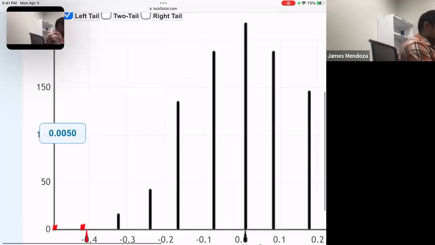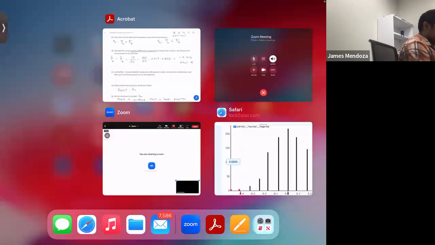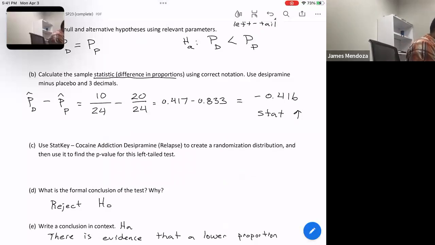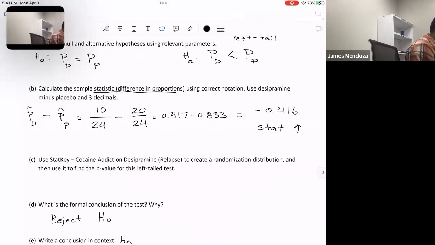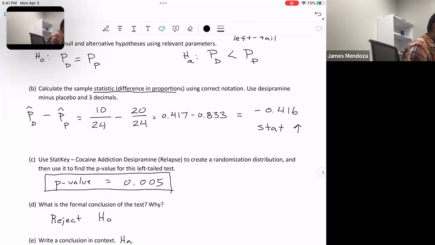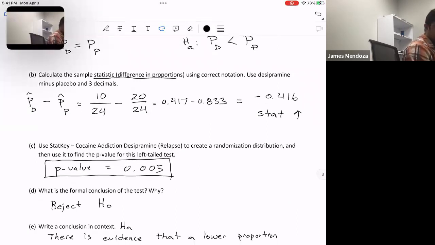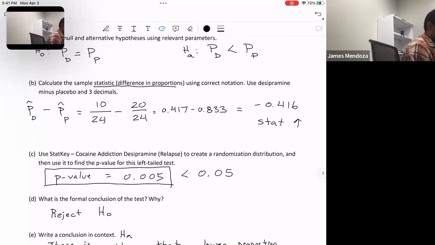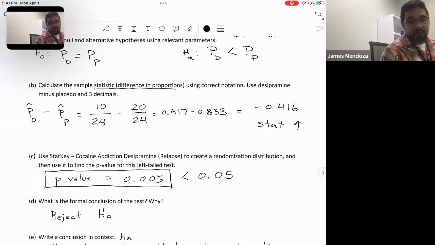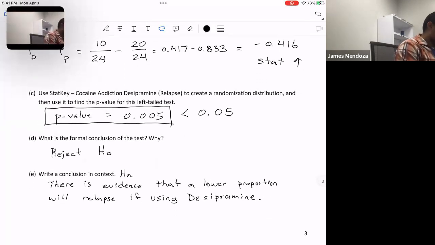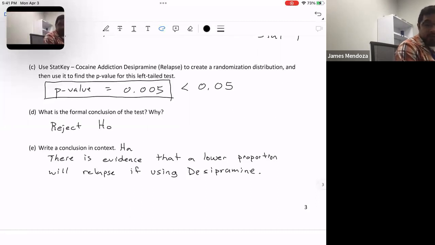So I'm going to take the p-value. We don't need to multiply it times 2. That's because we're doing only a single tail test, a less than. So you'll put your p-value here, .005. So that is your answer for part C. But then why should we reject it? As you see with part D, that's your generic conclusion, is because it is less than the level of significance. And the level of significance will be given, whether you should do 1%, 5%, or 10%. So we would reject, and we would say that it does seem that the new drug has a lower proportion